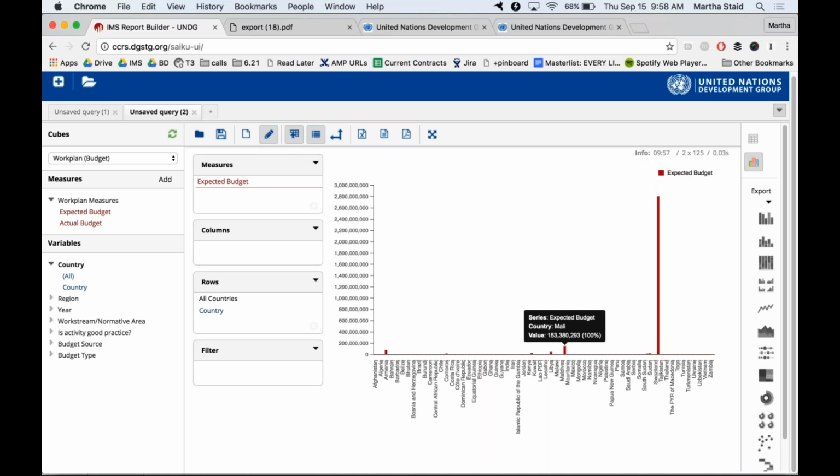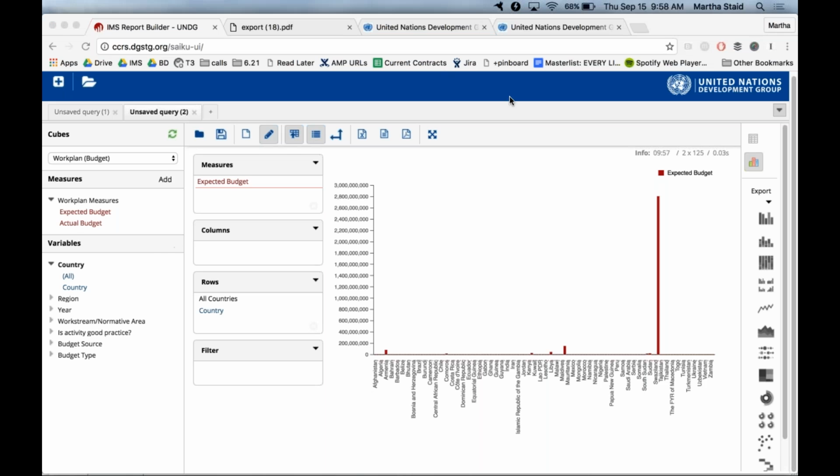look and see, oh, okay, as I had noticed in the table, Mali may be particularly high because that data is incorrect. So you could go back and double check with them. You can see these things here. That is definitely worth doing if you think that there may be issues in what you're seeing.